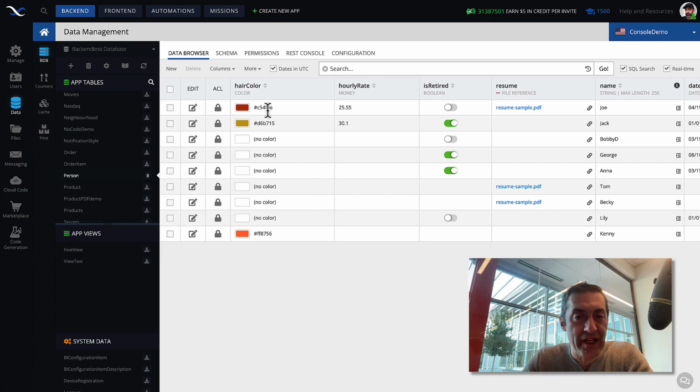So quite convenient, and not only can you visualize it and see exactly what colors are in data browser, but in the future, and it's going to be in the very near future, we will be providing a way to visualize data through a feature that we call visualizations. We haven't announced it yet, but all of these selections will be quite helpful in visualizations, where you can easily see all the data properties and their values visualized through elements like this.